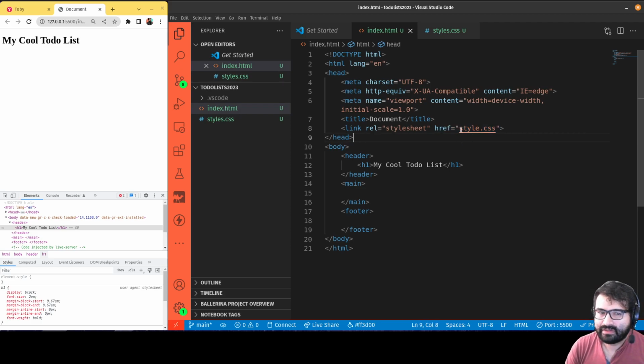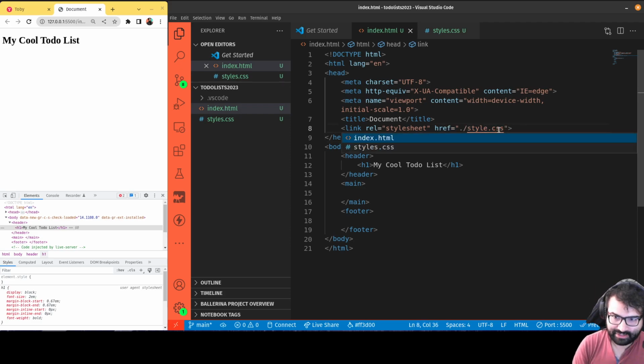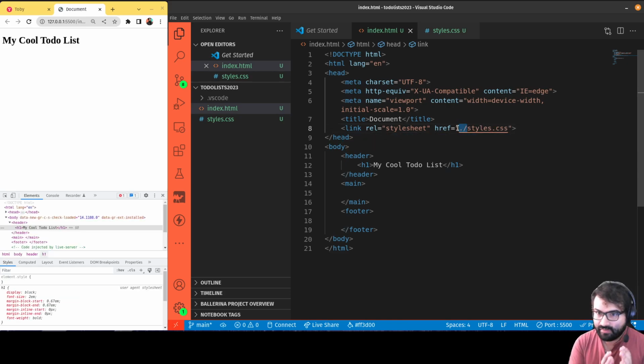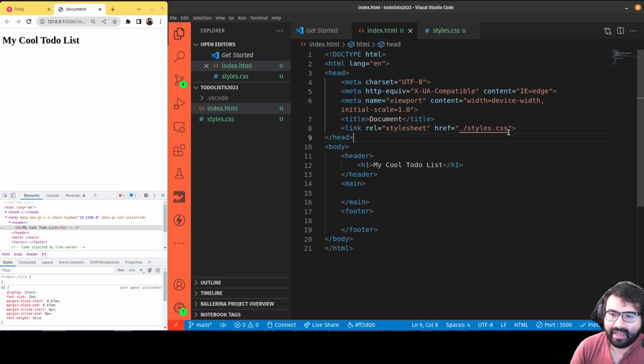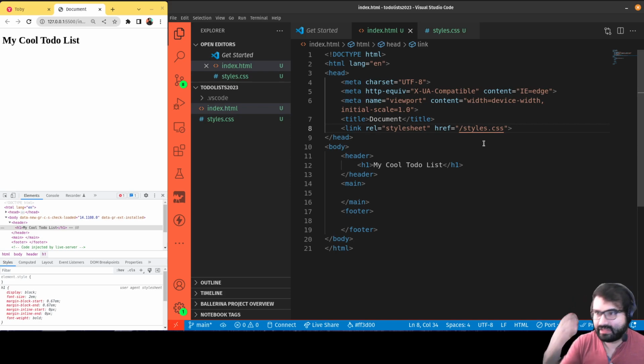So what I'm going to do is change this to ./styles.css. The dot always just means starting from the folder that this file is in. So it's going to look inside the folder that index.html is in, and the reason I'm doing that is because styles.css is in the same folder on my computer. Then look for a file called styles.css. I could also do /styles.css. That's a relative URL, meaning it's not looking in the same folder. It's going to just assume that the URL is 127.0.0.1 port 5500